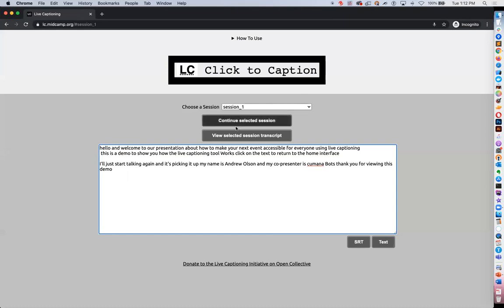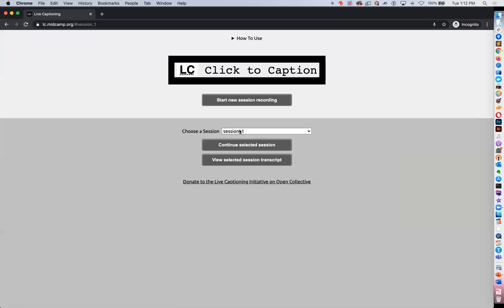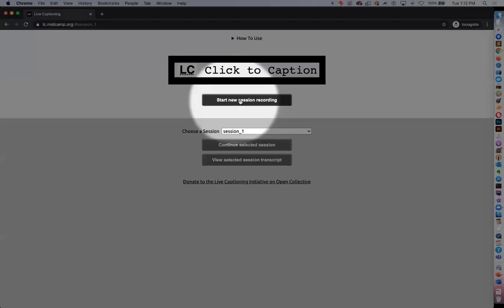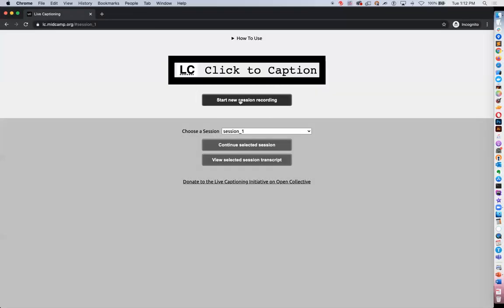What I'm going to do also is hit refresh here in my browser. One thing you'll notice is that I didn't lose anything just by hitting refresh because all the information is still in the browser storage. But what I can do now is, if you see up here, it says start a new session recording. I'm going to go ahead and do that really quick and talk a little bit so you can see how you can have multiple sessions